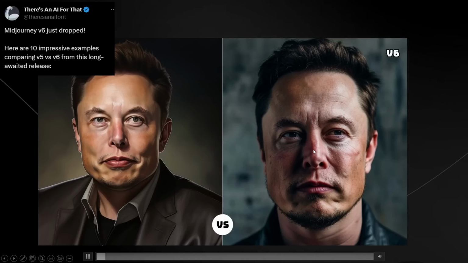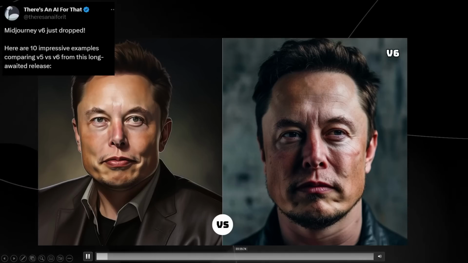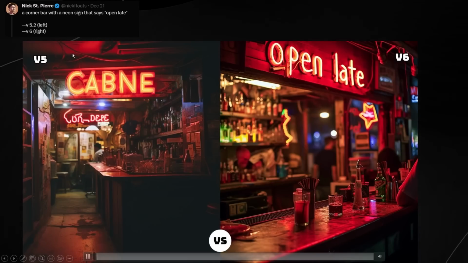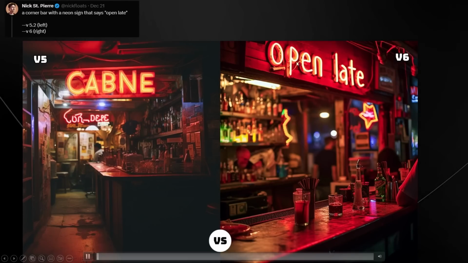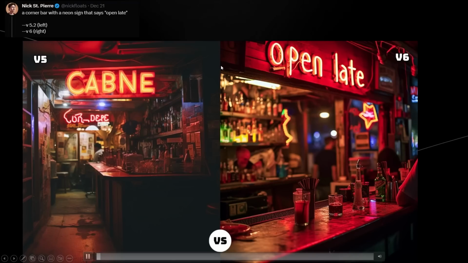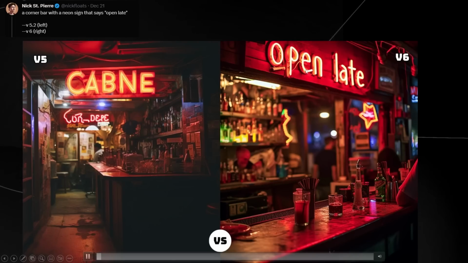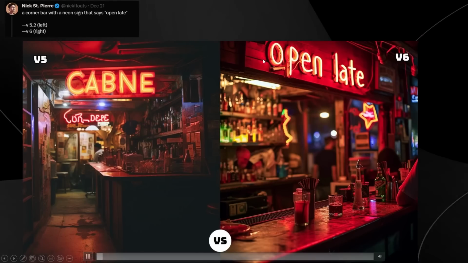But we don't have time to dilly-dally. Let's take a look at just how far these images have come, because it's truly incredible. So you can see right here, we have a corner bar with a neon sign that says open late. We got version 5.2 on the left and version 6 on the right. You can see, of course, there's no text there because version 5 can't do that. Then on the right-hand side, you can see it says open late, and it's really, really nice,